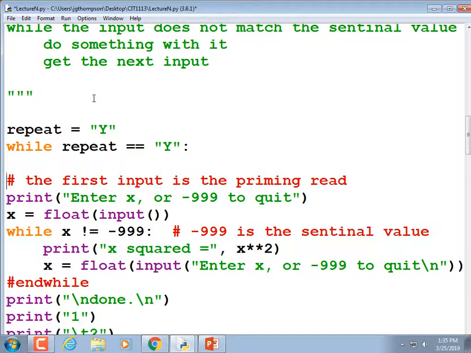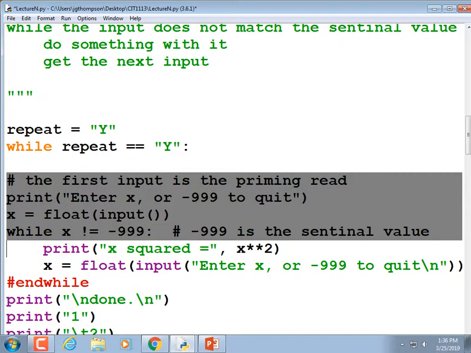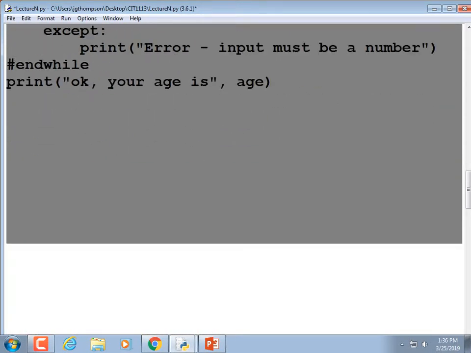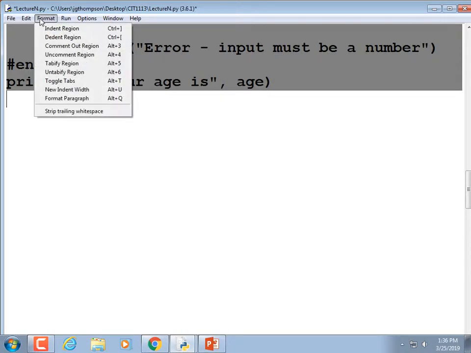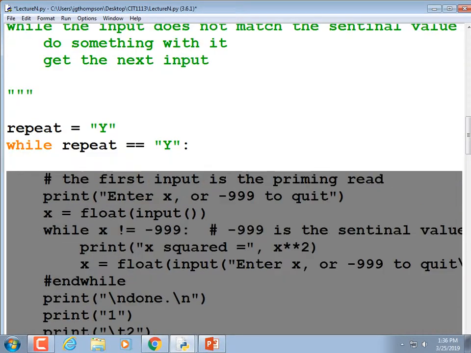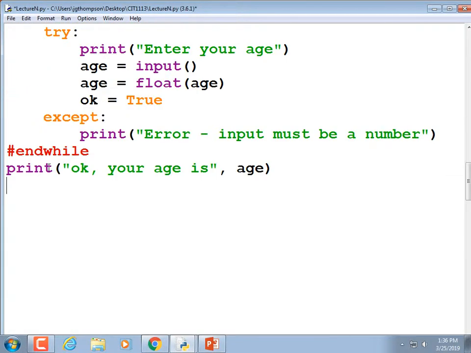Now you're going to highlight everything from that point on and tab it over one. And when I say everything, I mean down to the very last line of the program. My favorite way of highlighting a bunch of stuff is to move my cursor to the beginning of that line, hold the shift key, and start hitting the down cursor. Like that. And then hitting the tab. Or coming up to format and choosing indent. There. One more time, what'd you do?